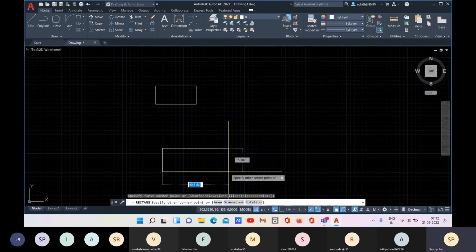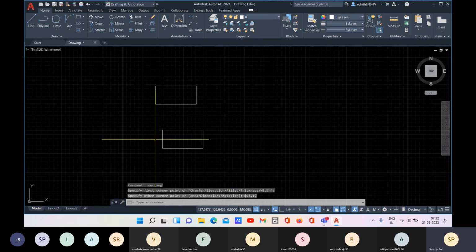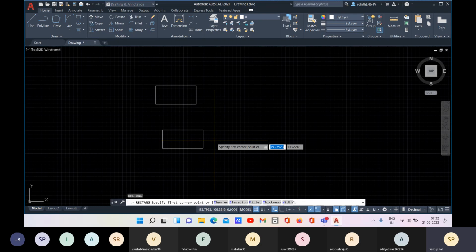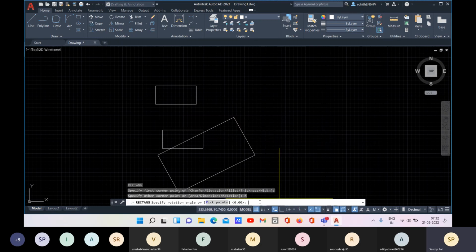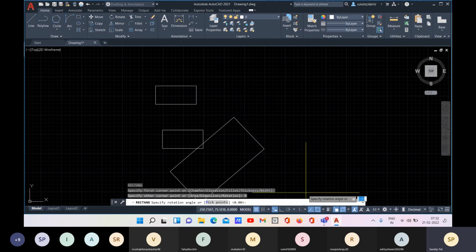First corner point. Next, if you go with @25,12 and enter, it will be placed accordingly because you have mentioned those are positive values, correct? So the coordinate you have mentioned, but previously in the dimension you were providing the length and the width values, correct? After specifying this, you can also give it a rotation. So it will always create in that rotation.